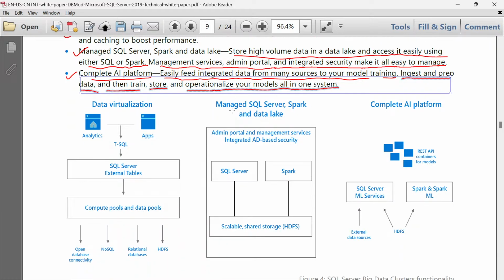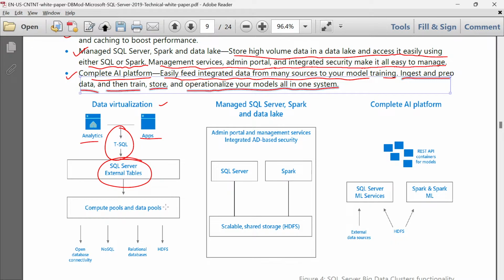Here these things have been shown using a diagram. The first one is the data virtualization scheme where we have the analytics and the applications combined together as T-SQL commands, entering into SQL Server, having external database tables.